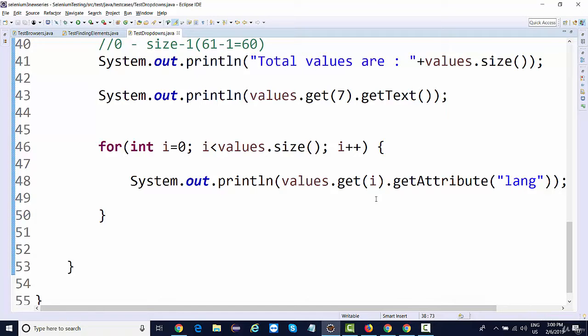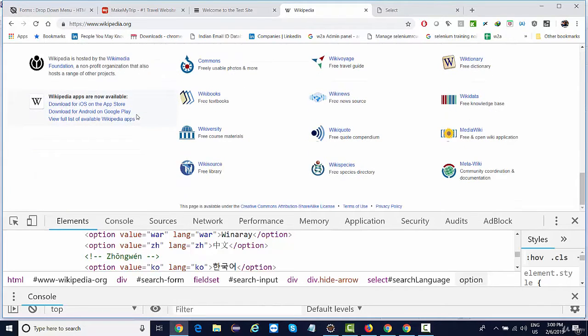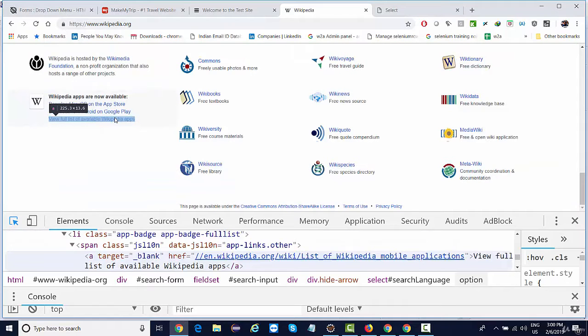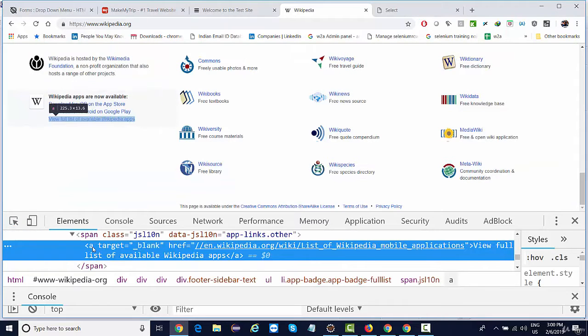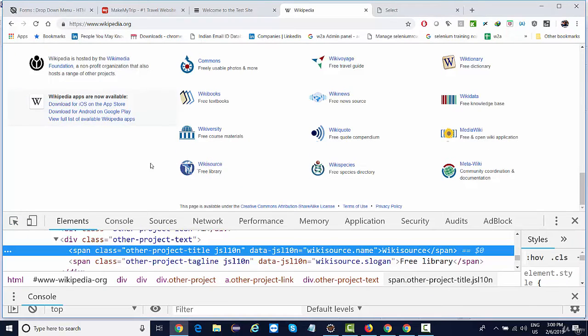Now let's try to find the total number of links on this page. If I talk about any link on this page, there are so many links. If you click on any specific link, you'll see something common in this link. So the common thing in the link,